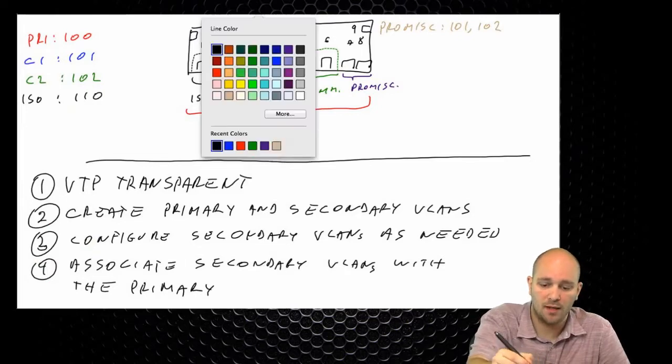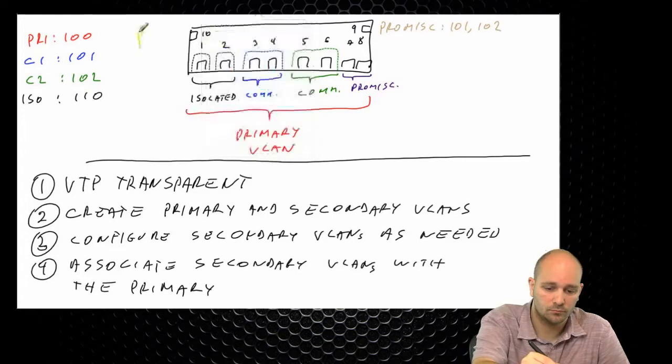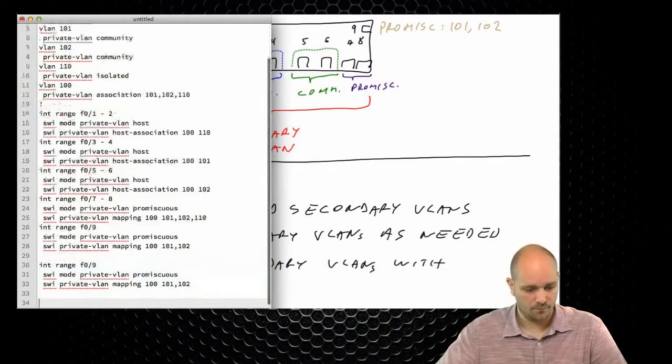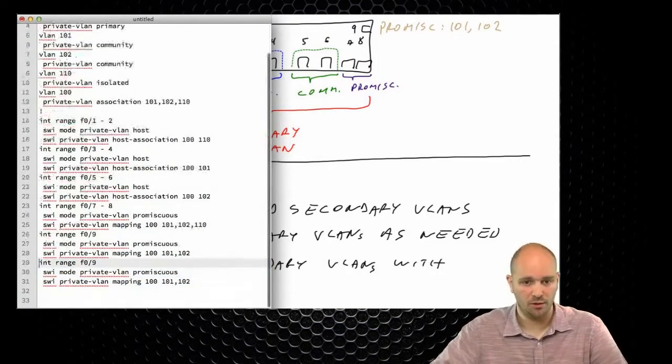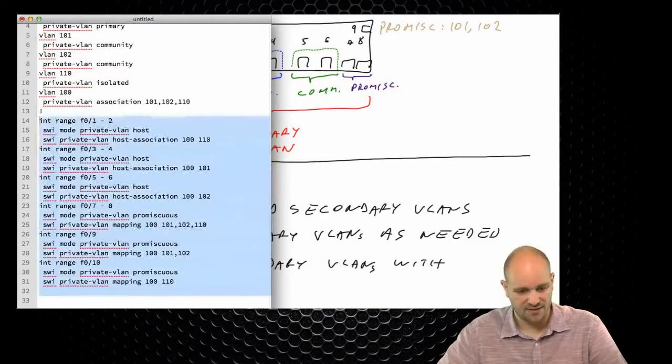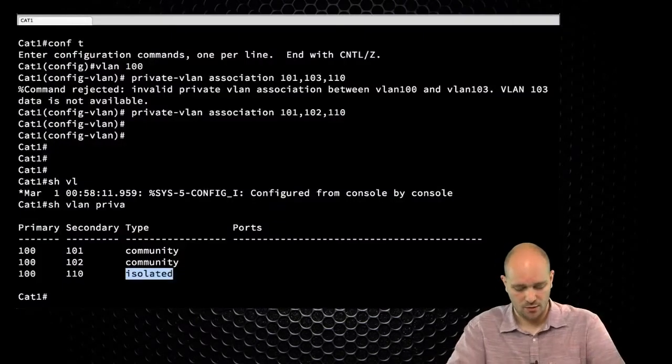That is going to be, let's say, promiscuous for just VLAN 110. So if we add that into our configuration, it is going to look like this. Let me paste these configs into my switch and see what's going to happen.